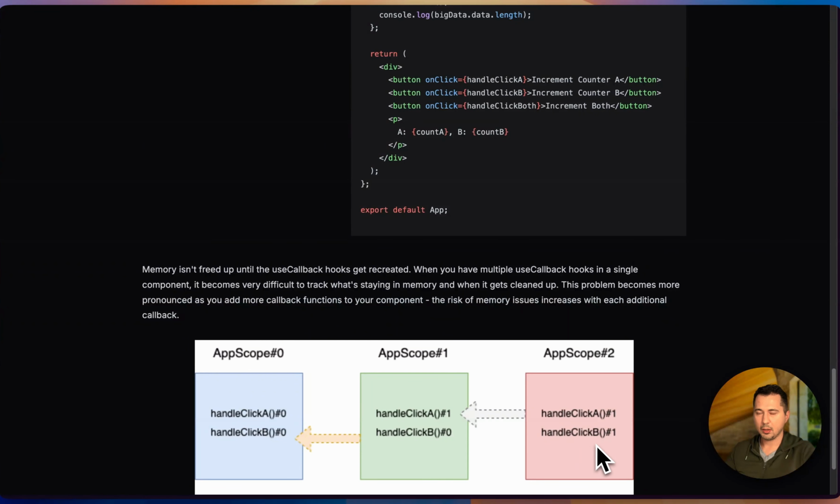The new handleClickB will then hold a reference to the new scope, app scope 2, which then holds a reference to handleClickA, right? Which holds a reference to app scope 1. But app scope 1 also contains a handleClickB, and that handleClickB holds a reference to app scope 0. So we can now easily spot this chain of references between re-renders, between these newly created scopes and these memoized